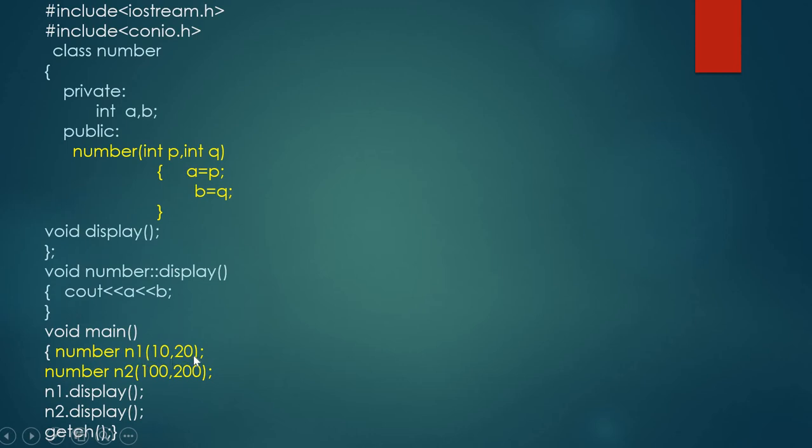So here 10 and 20 are the arguments. Here the object n1 is initialized with the values 10 and 20, and n2 is initialized with the values 100 and 200. n1 dot display will display 10 and 20. n2 dot display will display 100 and 200.